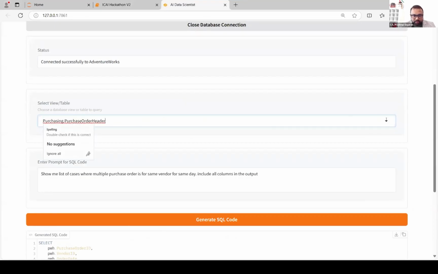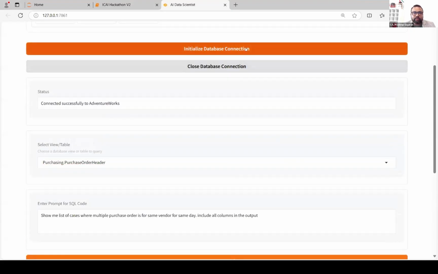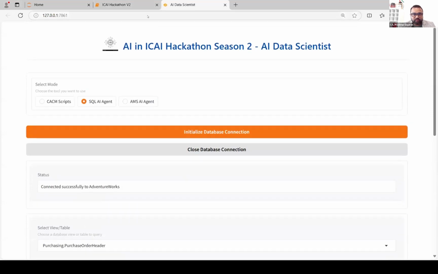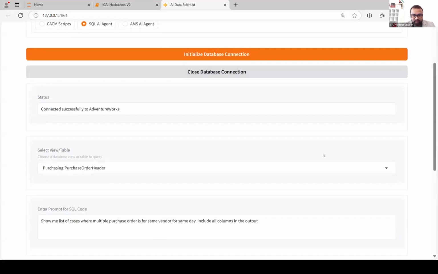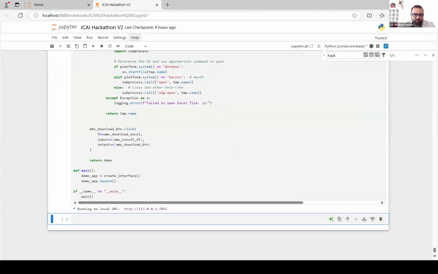So this is the database I have to select. I reconnect again. This is the problem, when you are doing a live test, it will sometimes fail.